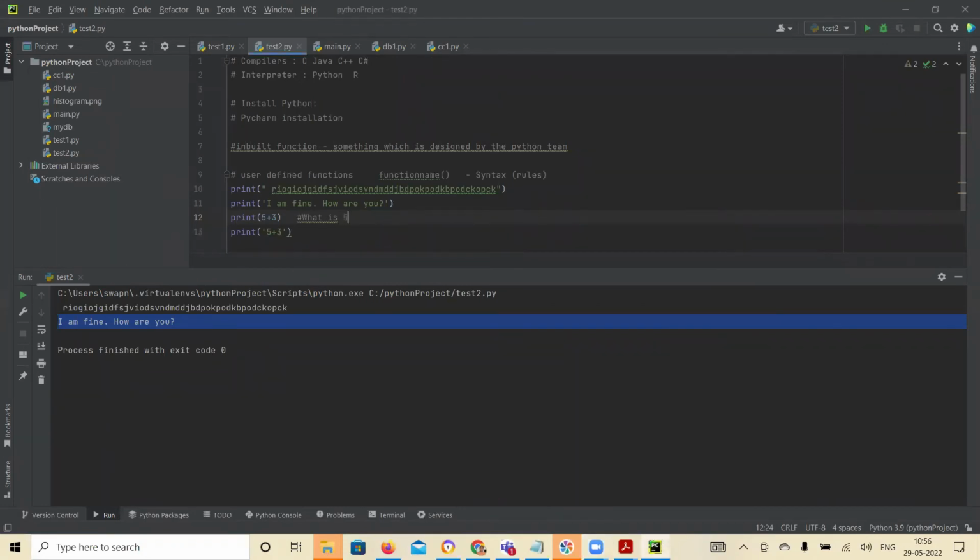What is 5 plus 3? So this is like what is 5 plus 3, and this is like